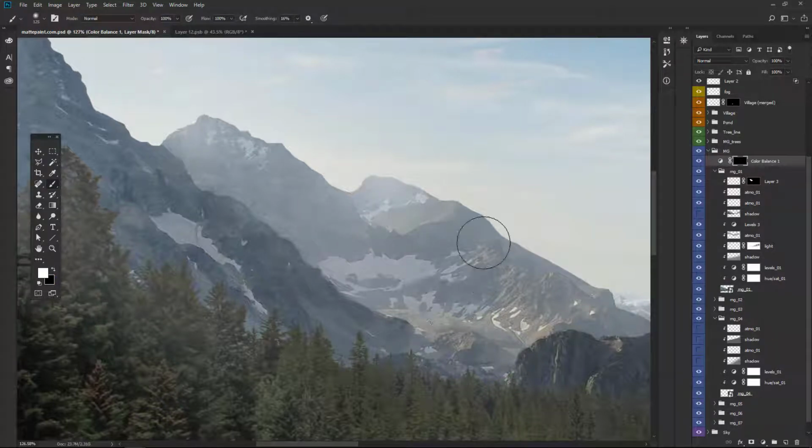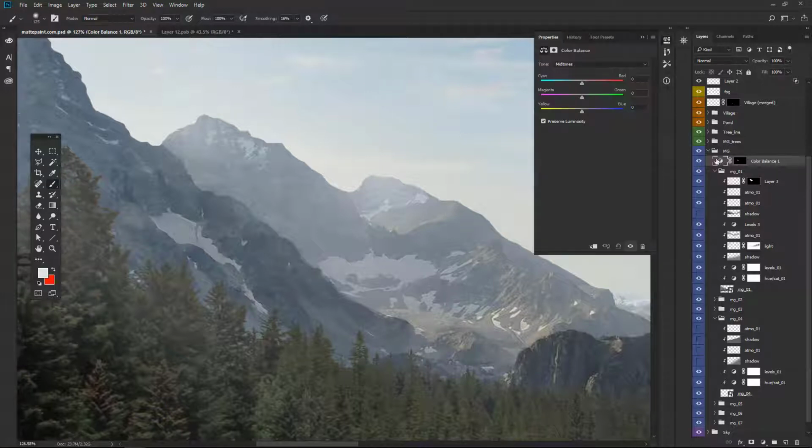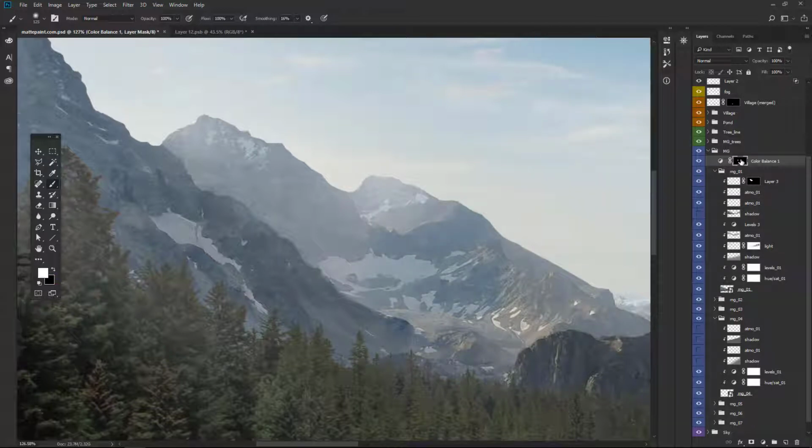let's just paint in a mask just in this section here so that I can quickly show you. So you go to your tone, select shadows, and we want to suck out some of the red, but we don't want to put too much cyan in, so you put some blue in as well. And see how almost immediately, actually if I go clipping and I paint this in here,